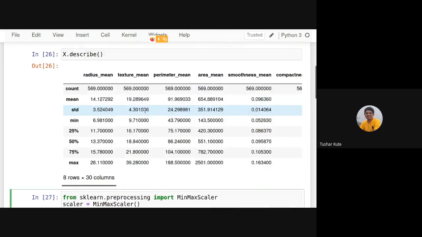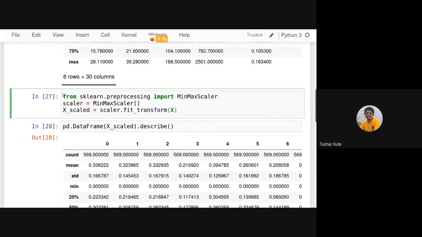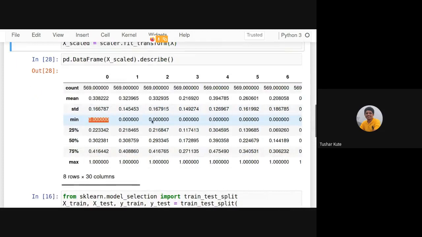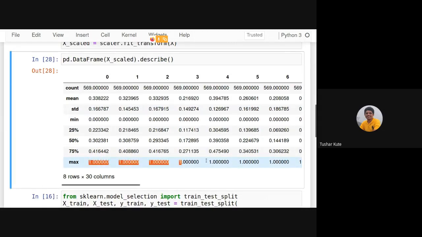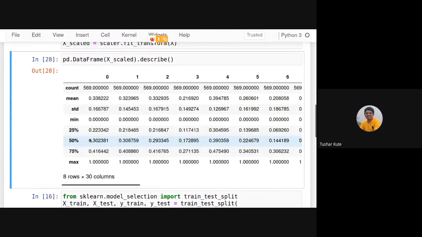So what I have done, the data is taken, X input variable, and then we have scaled this data in the same range of 0 to 1. You can check it, everyone's minimum value is 0 and everyone's maximum value is 1. See, all of them are scaled down. 30 features are there, 0 to 29. Fine. And after that, we can apply the principal component analysis.